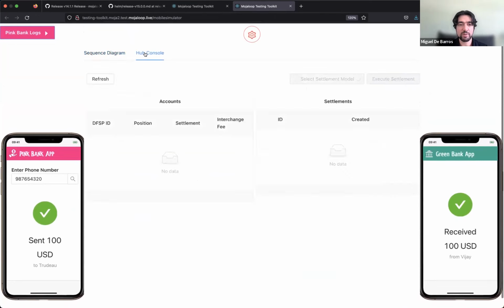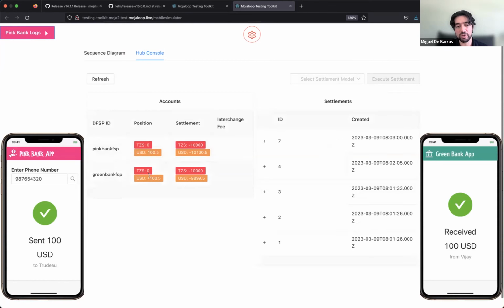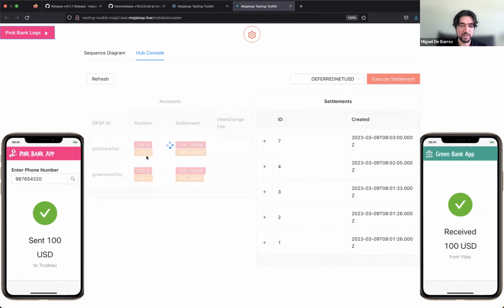And just to also show you from a hub console perspective, I should have showed you the position. The position was 0 before I started. Since I sent 100, you can see what the payer and the payee look like, what their positions are, as well as the settlement accounts. And I'm basically just going to settle that to show that the positions are going to go to 0, and that money is going to then reflect in the settlement accounts. Give it a second. And should we have it up and running in a moment? Here we go, and we should see 0, 0, and that basically they've been moved over to each of these sites to reflect those changes, and the positions are now back to 0.